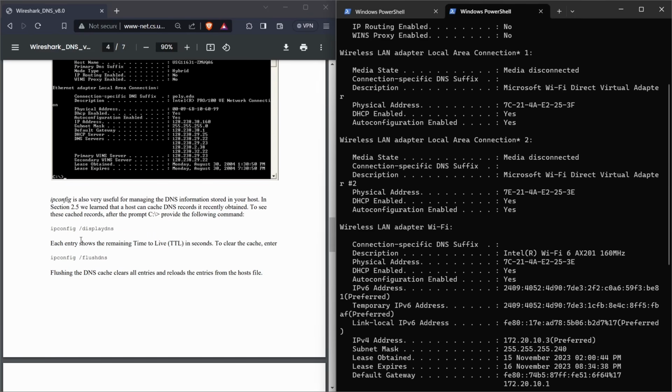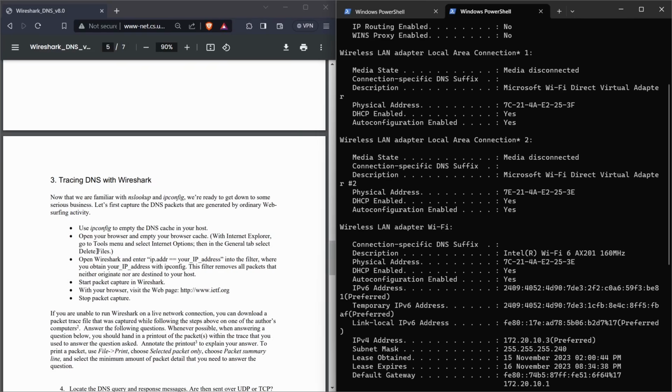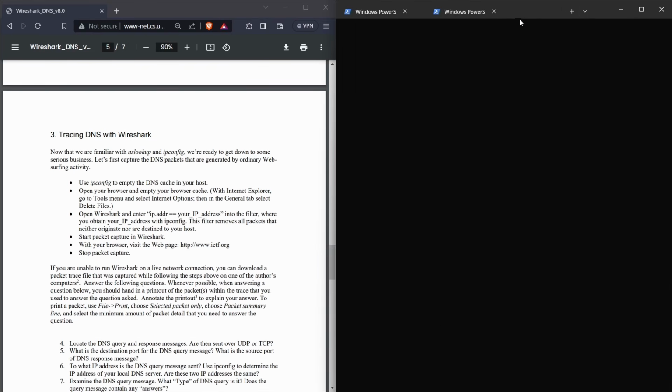It also gives me some other ipconfig commands like display DNS or flush DNS to clear the cache. We use flush DNS to clear, flushing all the DNS cache. Okay, so now we go to the third, that is